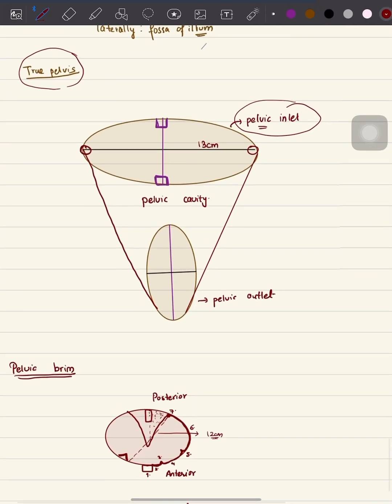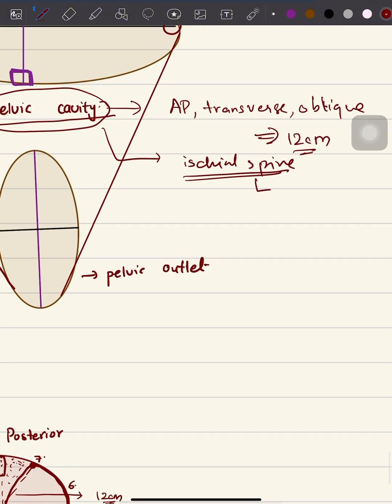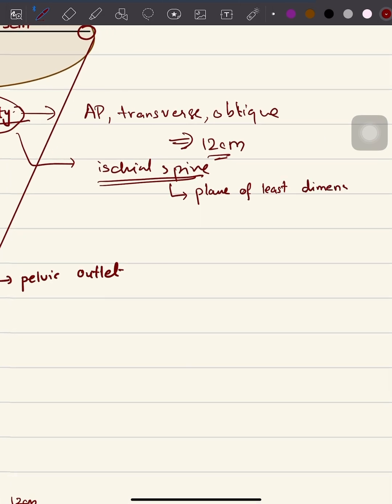Now let's talk about the pelvic cavity. In the pelvic cavity, every diameter, whether it's the AP diameter, the transverse diameter or the oblique diameter, would be equal to 12 centimeter. One thing that is important in the pelvic cavity is the level of the ischial spine. The plane at the level of the ischial spine is the plane of significance because it is the plane of least dimension,